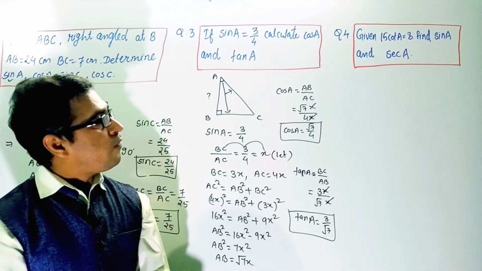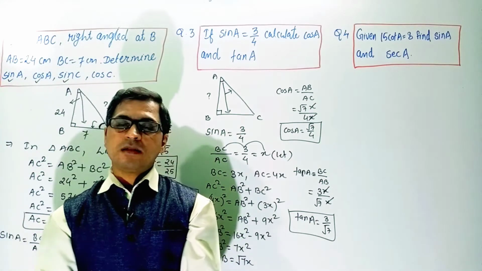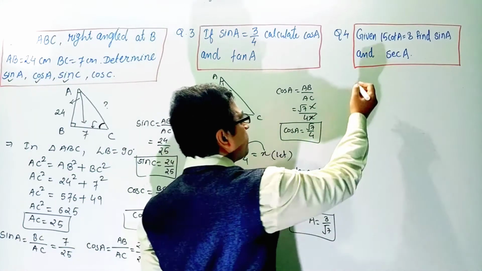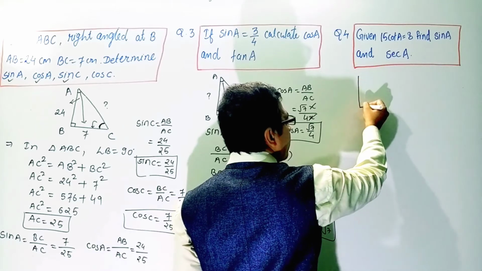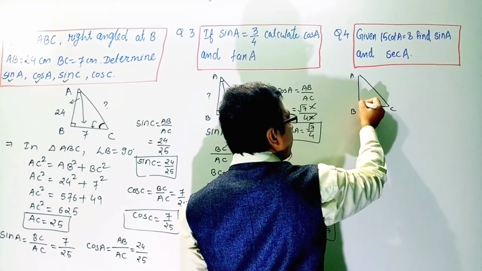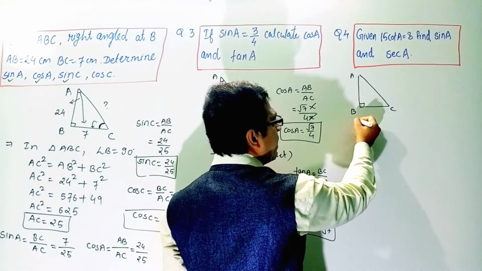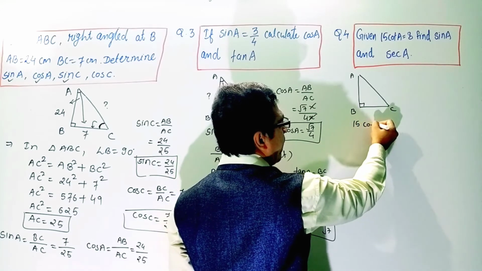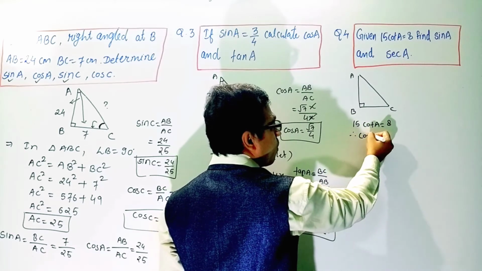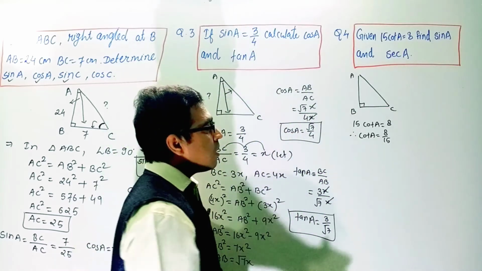Given that 15 cot A is equal to 8, find the value of sin A and sec A. We have to find the value of sin A and sec A. Okay, student, consider a right angle triangle ABC, where angle B is 90 degree. Here it has been given that 15 cot A is equal to 8. So what is the value of cot A? 8 by 15. Right? Now considering A